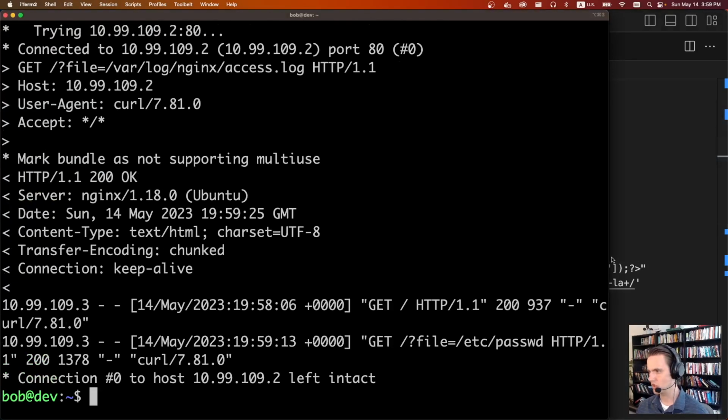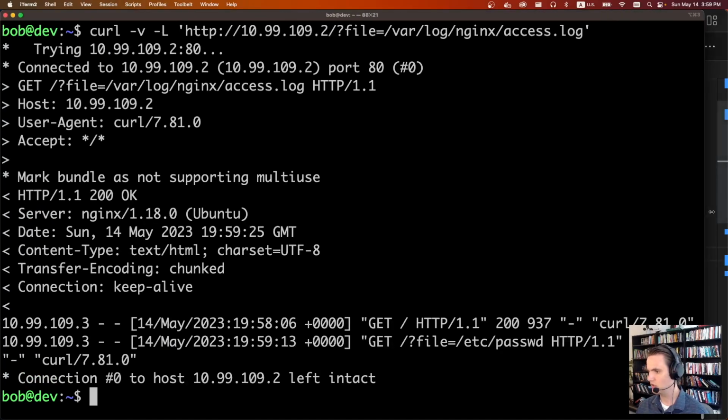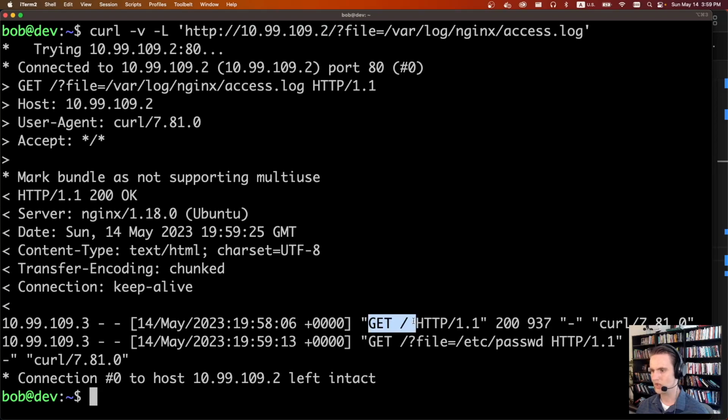We can see there's not too much going on. So far, two files have been requested. We've requested the root, and we also just recently requested /etc/passwd. So what we're going to do next is supply a user agent header such that the payload